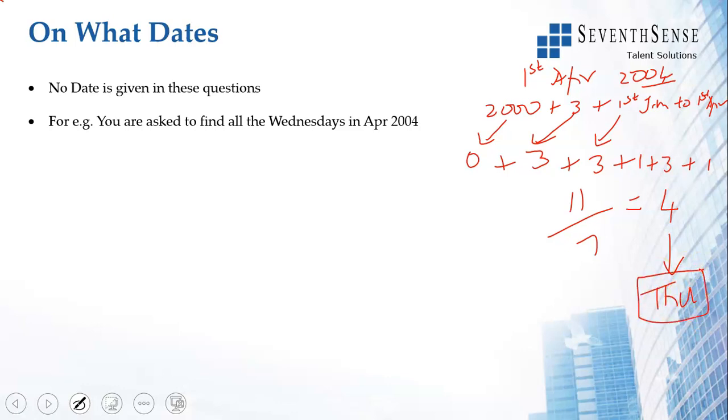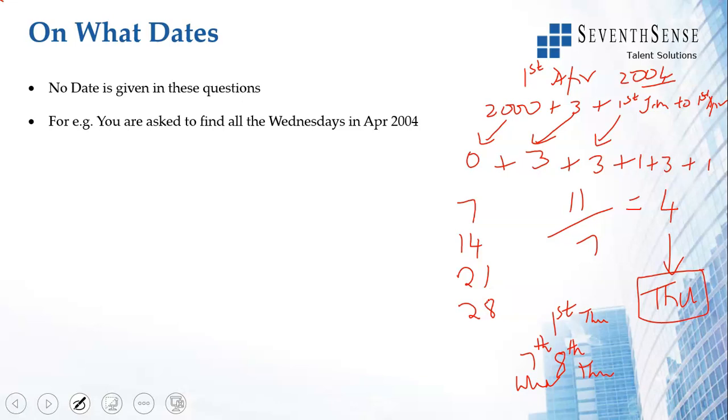Why are you using 1st April? Because if we know the first day of that particular month, we can find out the other days. So if 1st April is a Thursday, what is the next Thursday? It is 8th. There can't be a day before 1st April. So 1st is Thursday, 8th is Thursday. If 8th is Thursday, 7th is Wednesday. If 7th is Wednesday, what are the next Wednesdays? 7, 14, 21, 28. These 4 days are the Wednesdays.